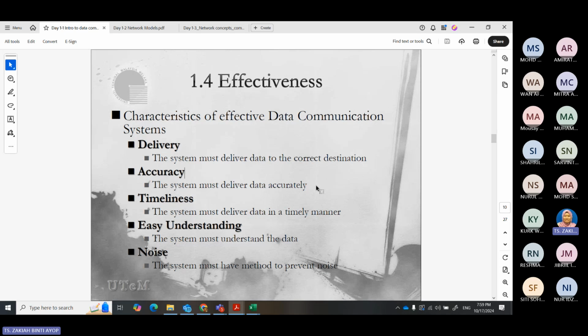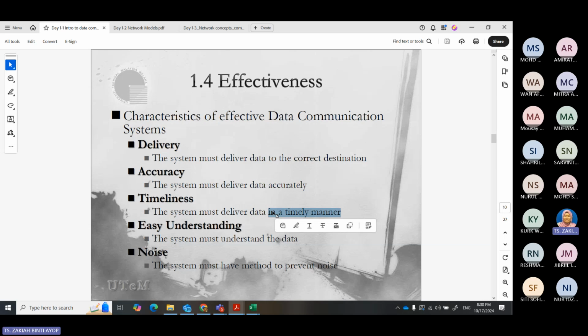So there's error checking. Timeliness: sorry, timeliness means the system must be able to deliver data in a timely manner. The proposals for new technologies or new systems must be able to ensure this timeliness.